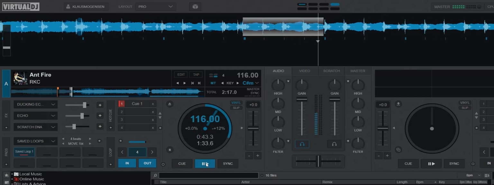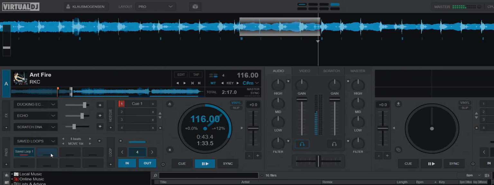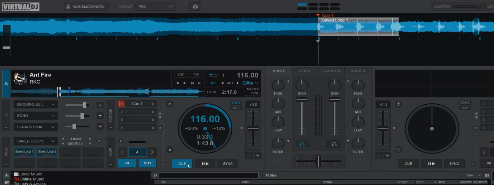Now it's just a regular loop that you set, and then if you like it, you just click an empty slot, and it takes over this thing, and it's now a saved loop, and again, it's saved with the track, and you can arm it, and you can jump to it, and anything you like when you reload the track the next time. So this is probably the way that most people are going to use saved loop, which is not complicated at all and doesn't involve the POI editor at all.